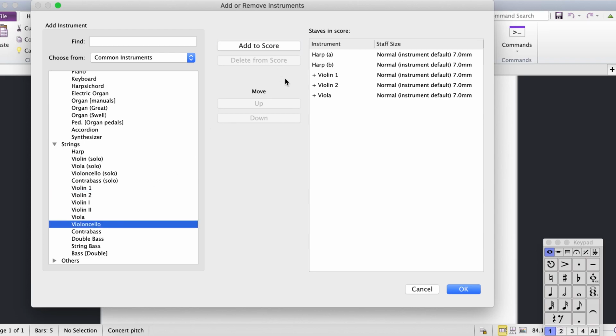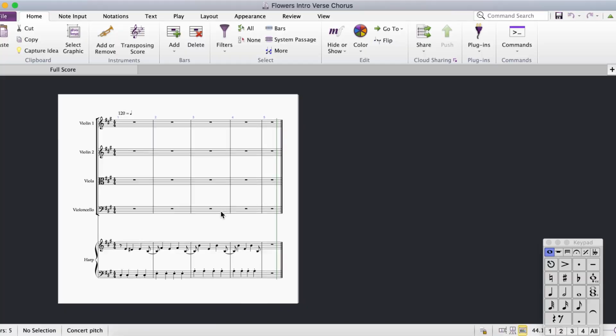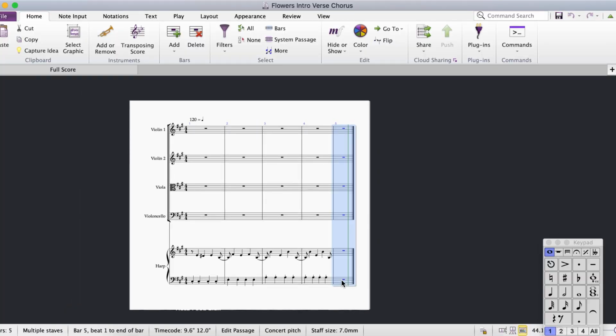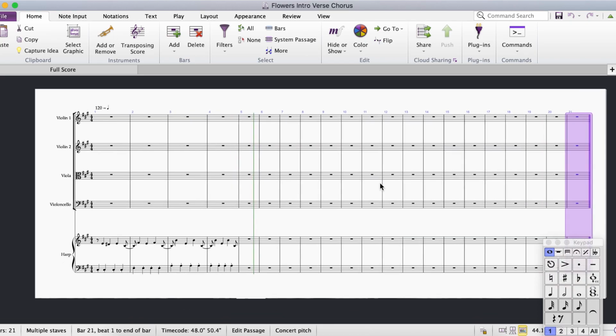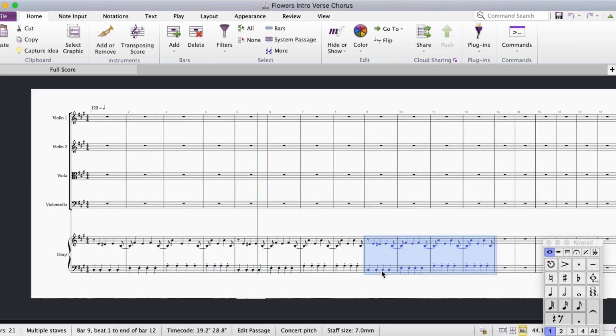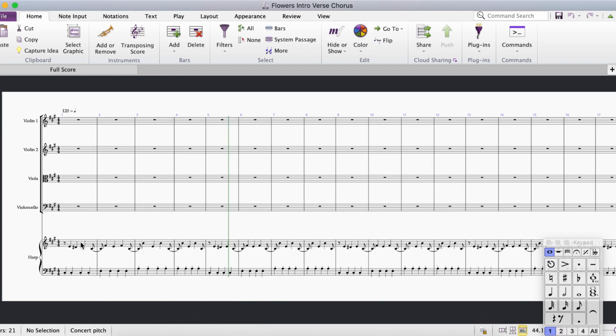I prefer to have my quartet above the harp, but that's just personal preference. It can be either way. And this bass line is going to repeat over and over. You're going to use Command-Shift-B to add more bars, and then just select and copy and paste. That's going to be our intro for just the harp, and then this is where the intro starts using that